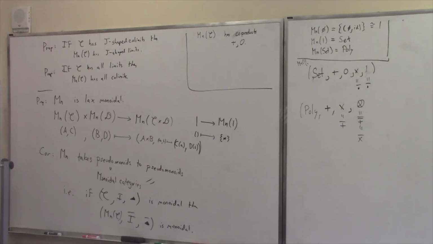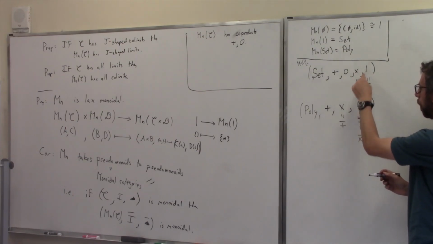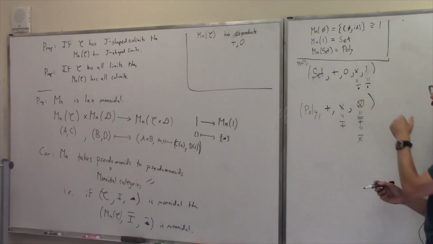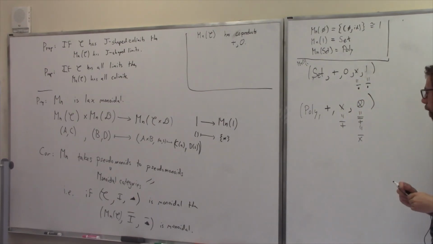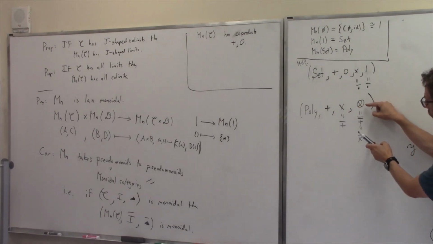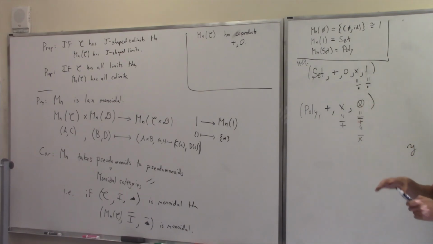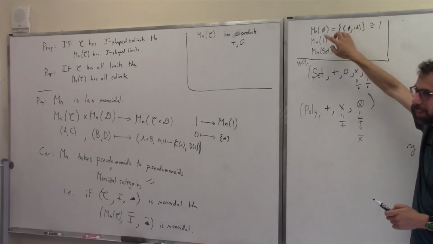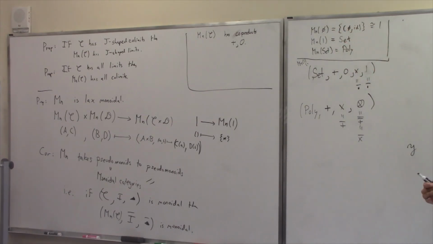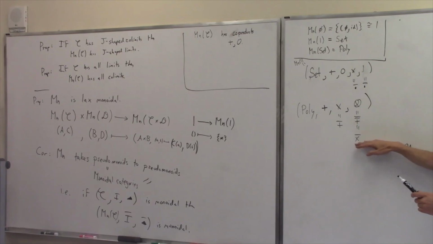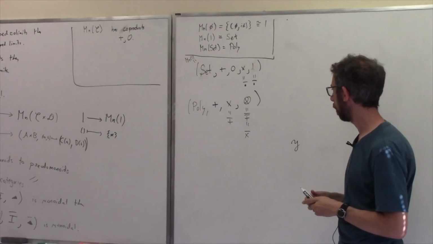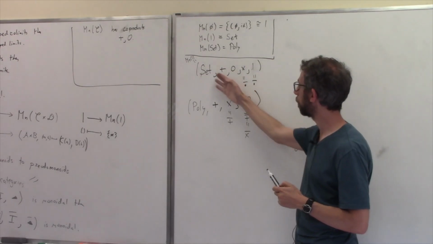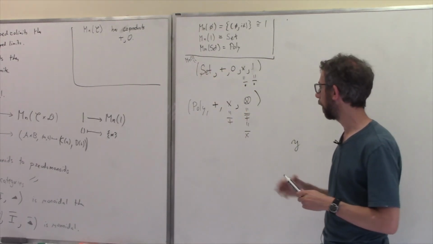There's a lot of symbols on the board there, but what you're seeing is that I could also say that we have this fresh 0, we have this old 1 coming from this guy, and we have this new thing, sometimes called the identity or whatever we want to call it. I sometimes write y. But the point is that the tensor is in fact the oldest operation. It came to us way back from this first place that ever could have any structure at all. It got pushed forward to times on set and then to tensor on poly. And times is the second oldest operation. It came from the fresh plus that existed on set. And plus is the newest operation.